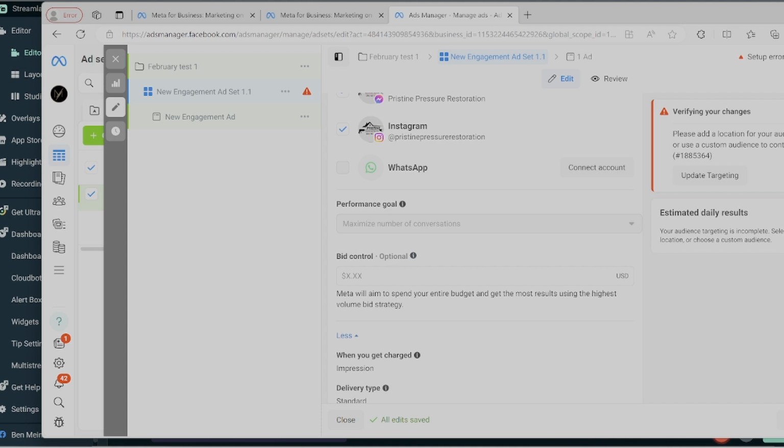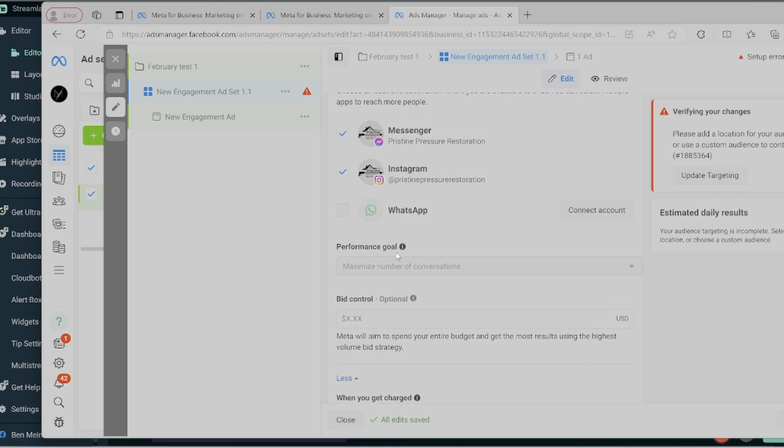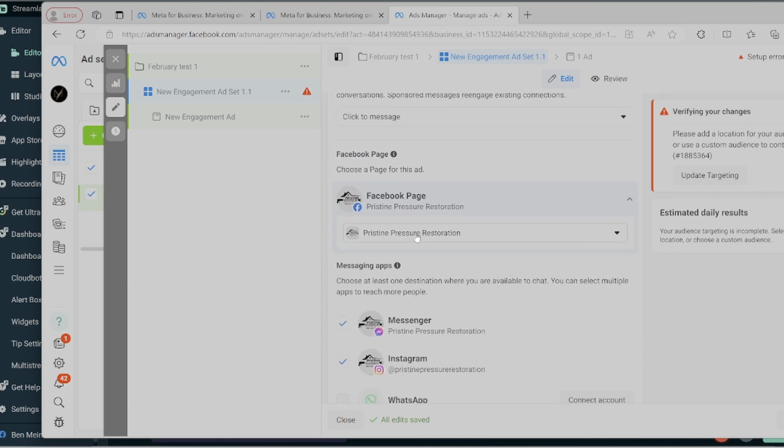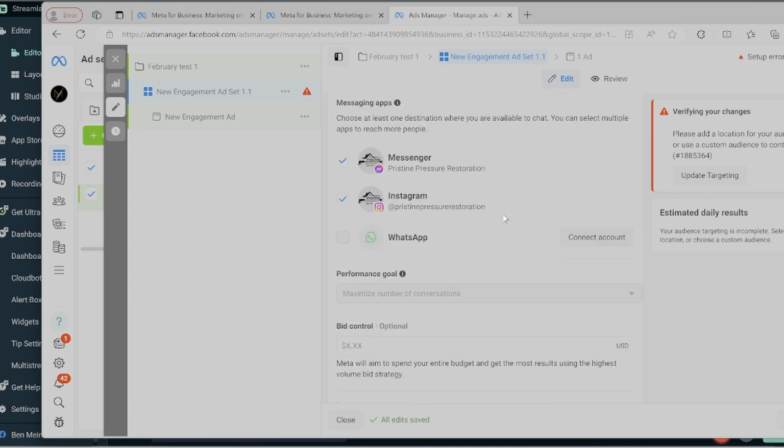If you've never run ads before, or you're new and a little bit inexperienced, your first ads are not going to do well. So it's very important to get a few ads up. But I'll tell you more about that in one of the later videos, and let's finish this page here.